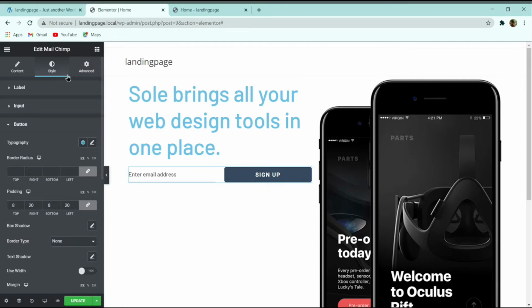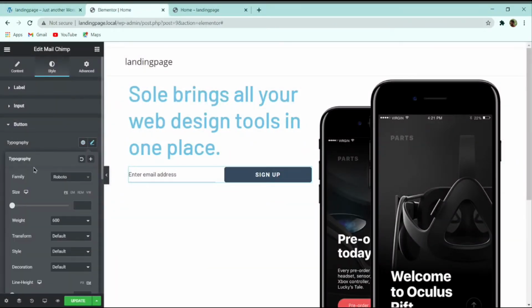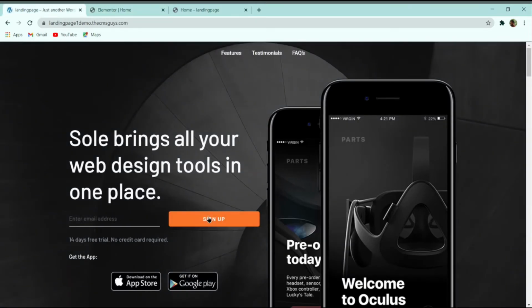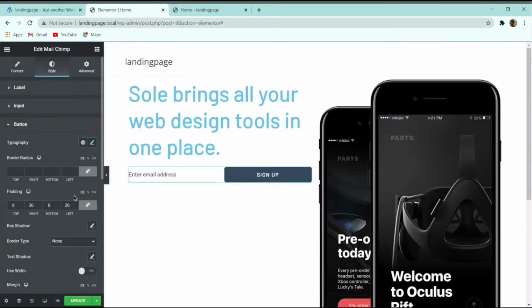So here you can see that for the button also we have to change the typography. So font family, again I will select Barlow, and size I will give 15 pixel. After that, I don't want to change this border radius, that's why I am keeping this border radius default. And here you can see that when I'm hovering over it, there is a different color coming over here, but here there is no color. So we will customize that one.